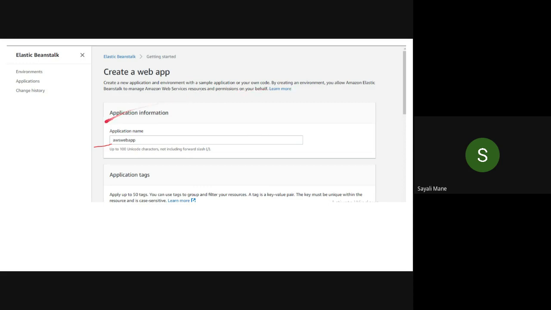Okay, so for that, first one, application name, give the name as AWSWebApp. Right now, try to keep the same name. Later, for practice, you can change the application name. I'll type the name in the chat box. It is AWSWebApp.